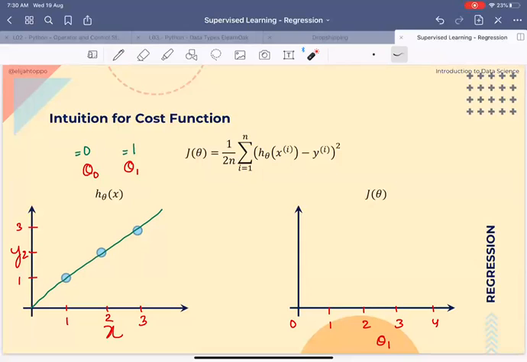So when you take the first data point and you fit it into our model, we get an answer of 1. The actual value is also 1. So 1 minus 1 is 0 squared. That is the first data point. Plus 2 minus 2, 0. And 3 minus 3, 0. Okay. So for all the 3 data points, our prediction and the actual value are exactly the same. So our cost becomes 0.